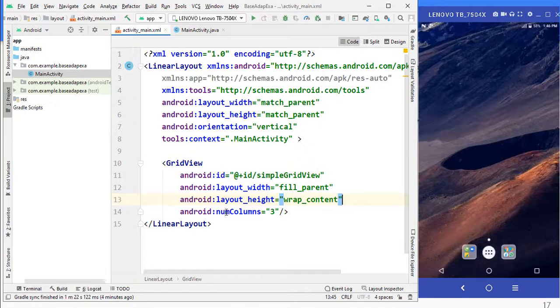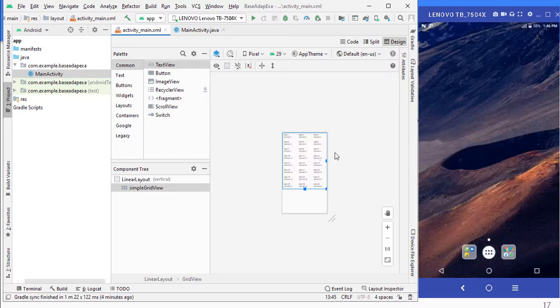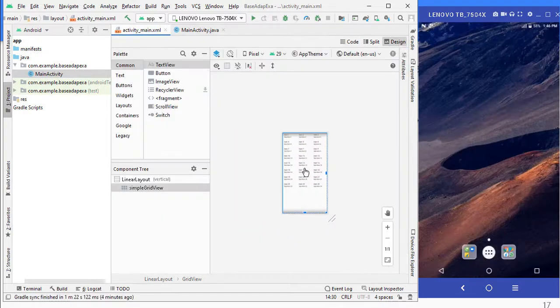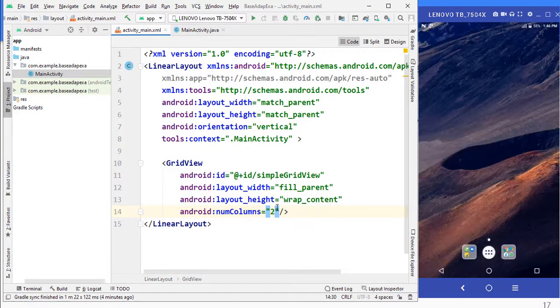We will just skip that property. Let me see here. You can see here there are 3 columns. This is the first column, this is the second column, this is the third column. Using this property you can control the number of columns. If you mention 2, then it depends on that. It will be replaced. You can see here that 2 columns will be automatically created. So you can get the idea how it is going to work. This is the important line that we need to control using your properties.